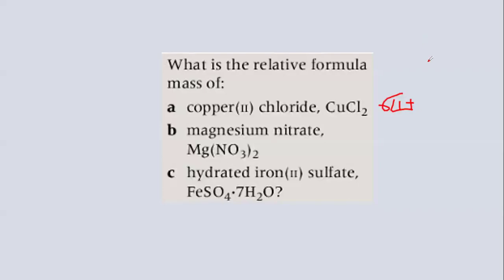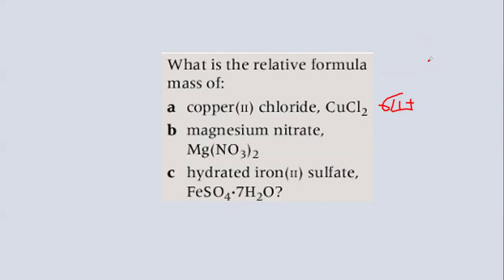So copper(II) chloride is an ionic compound. You will see the question asking you to calculate the formula mass, not the molecular mass. Molecular mass is for molecules like carbon dioxide, which is a covalent compound. So formula mass is for ionic compounds. We have three ionic compounds here: copper(II) chloride, magnesium nitrate, and hydrated iron(II) sulfate,